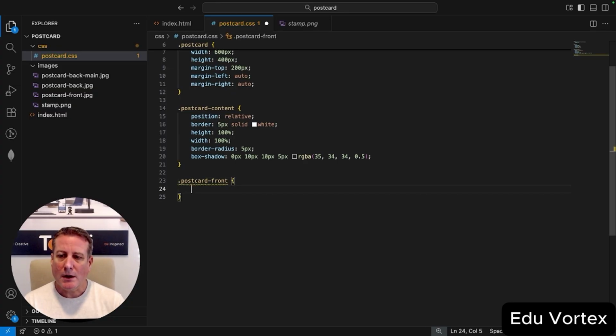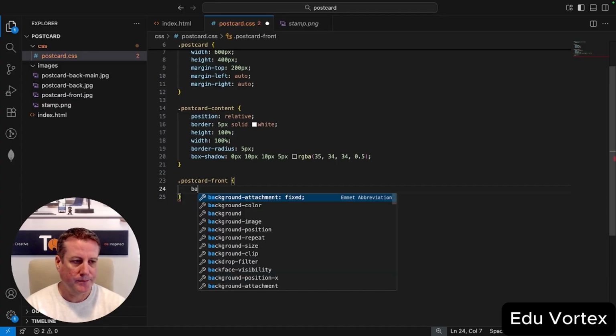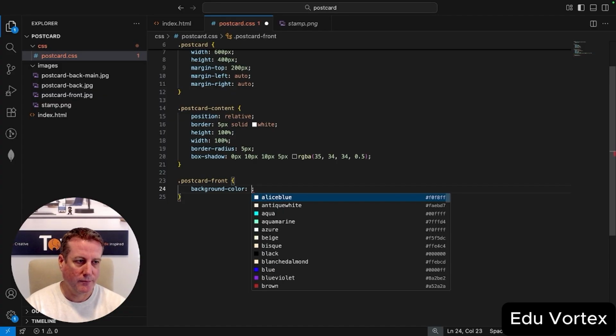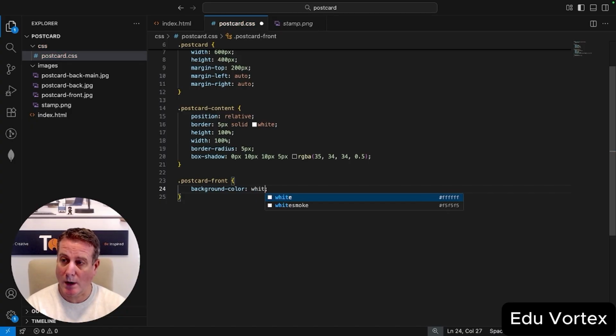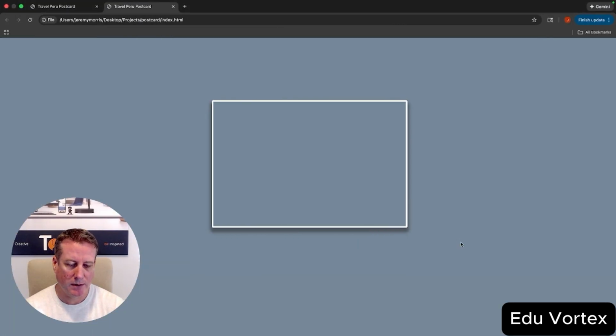Now, for here, all we really need to do, let's give this thing a background color, background image. Now, if I go background color, and let's just make that white, we actually won't see that fully if we come back over and refresh, because